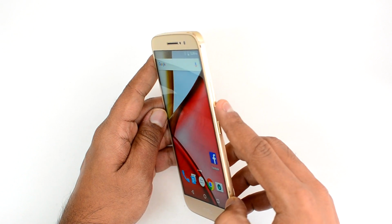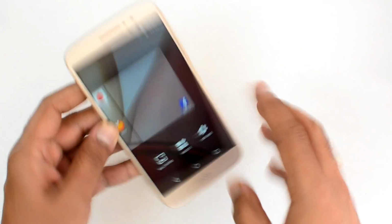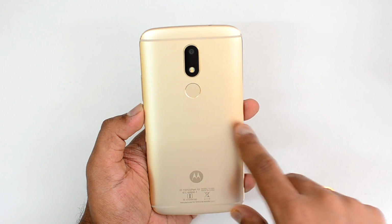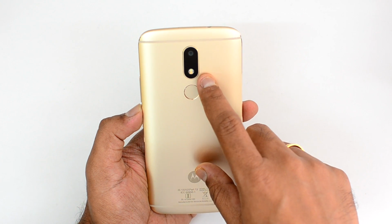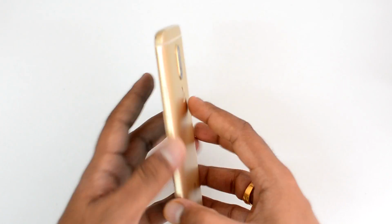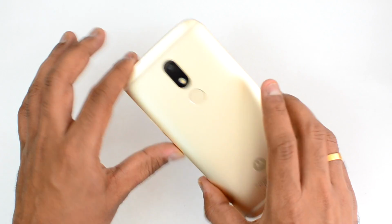Now we also have the power and volume keys on the right side. On the top we have the 3.5mm audio jack, and at the bottom we have the USB-C port along with a speaker unit. On the rear panel we have a curvature towards the edges, the 16 megapixel camera unit, dual tone dual LED flash, the fingerprint scanner and the Moto branding at the bottom. We have the two antenna bands, and overall it feels a really good device to hold and use, and gives